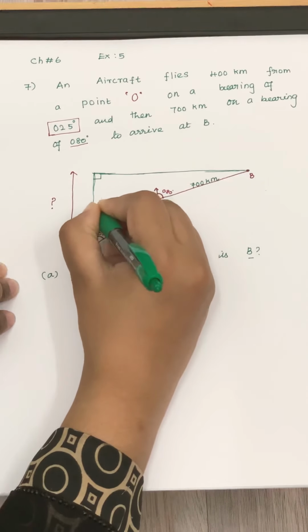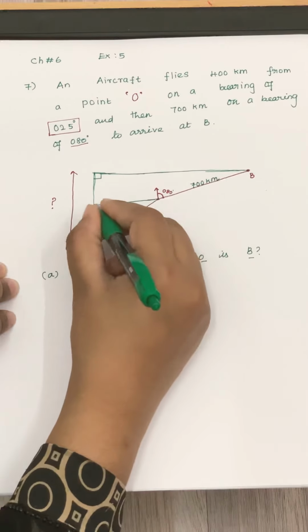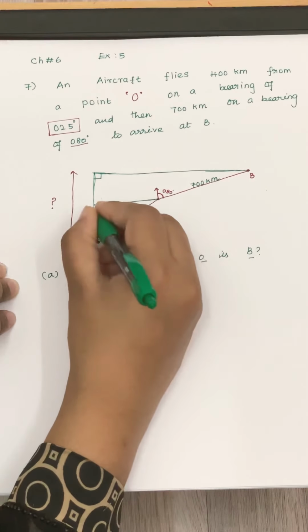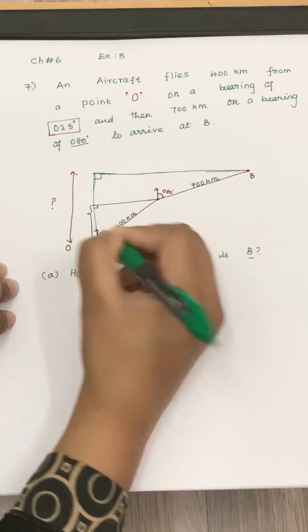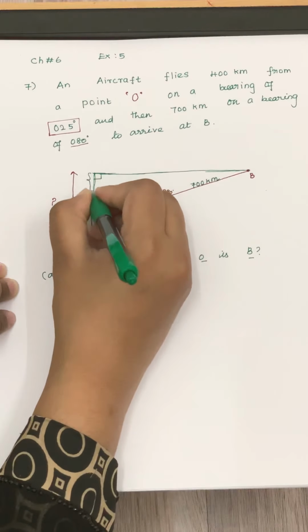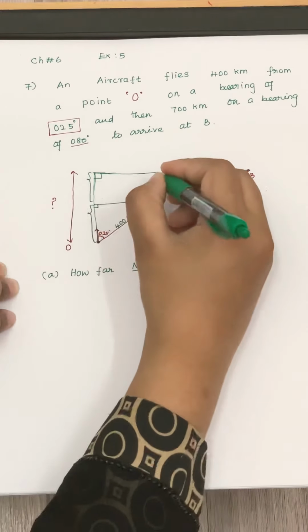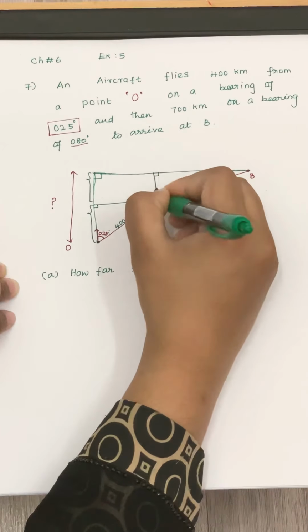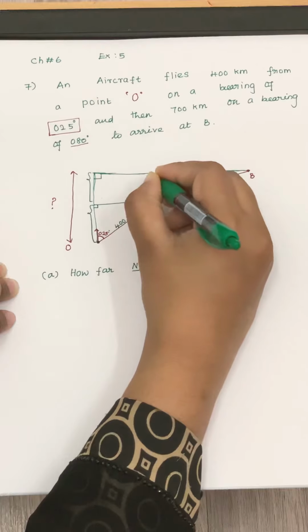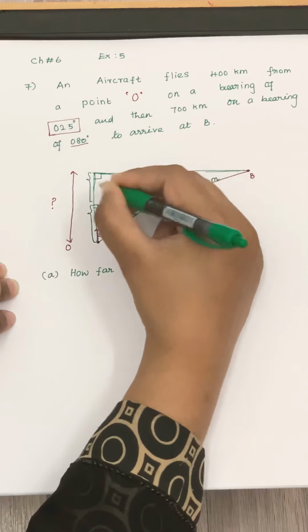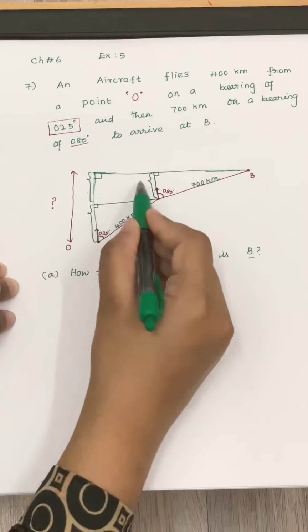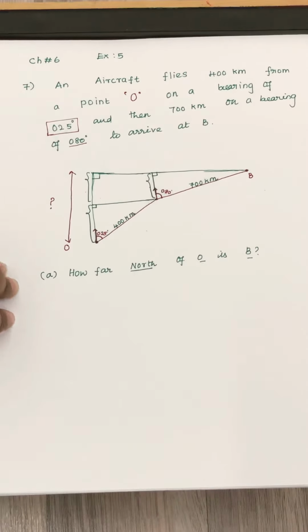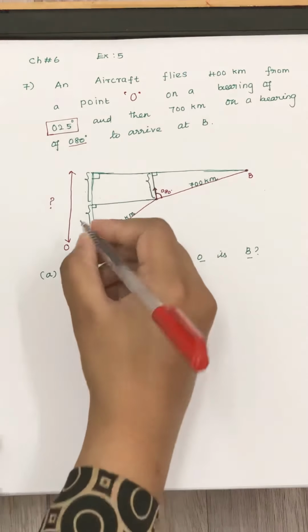I have 2 right angles, one is this. Using this triangle, I can find this length. I need this much, so how do I find that? Extend this, and you will get one more right angle triangle. You will get this length, which is the same as this. So this plus this will give me the answer for part A, the north distance.